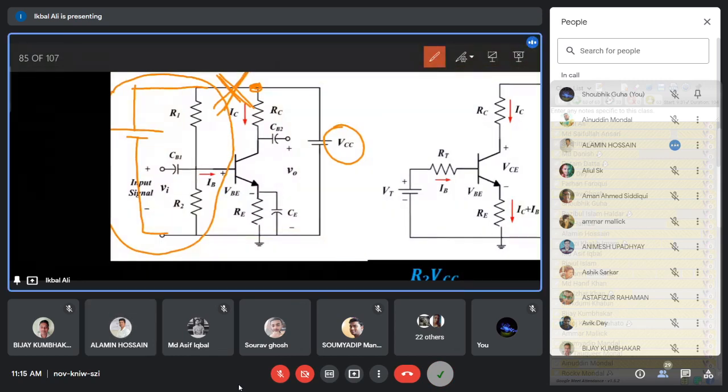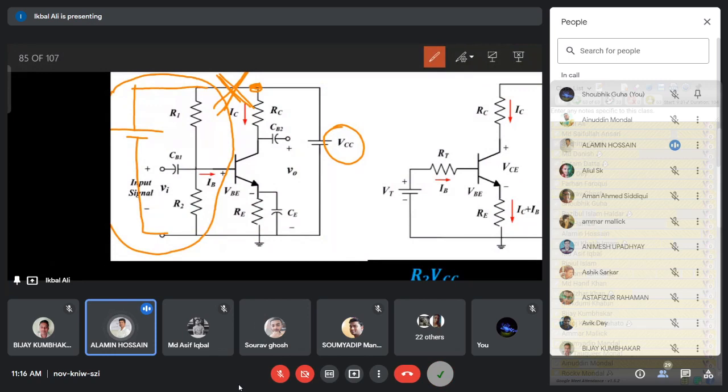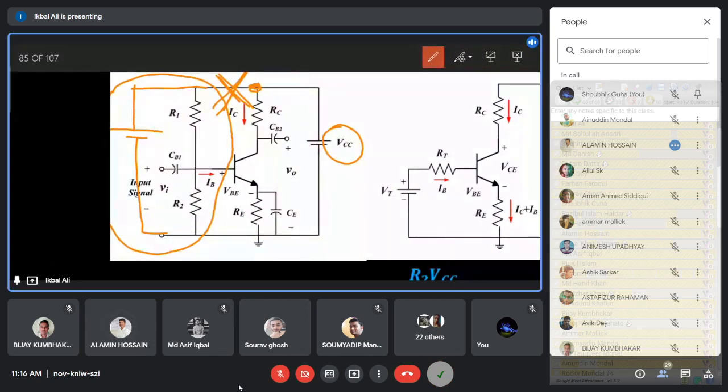আছে কি ওই কানেকশনটা? নেই তো। তাহলে এইটাকে আমি খুব সহজে থেভেনাইজ করতে পারবো। এই দুটো পয়েন্টের মধ্যে থেভেনিন ভোল্টেজটা হচ্ছে ওপেন সার্কিট ভোল্টেজ, সেটা হচ্ছে এইখান দিয়ে যে কারেন্টটা যাবে, তার জন্য এই অ্যাক্রসে যে ড্রপটা হবে, সেটা হবে Vcc বাই (R1 প্লাস R2) ইন্টু R2। আর এই দুটো পয়েন্টের মধ্যে থেভেনিন ইকুইভ্যালেন্ট রেজিস্ট্যান্স পেতে Vcc টাকে শর্ট করতে হবে। তাহলে R1 R2 প্যারালাল হয়ে গেল। এই দুটো পয়েন্টের মধ্যে রেজিস্ট্যান্স হচ্ছে R1 R2 বাই (R1 প্লাস R2)।